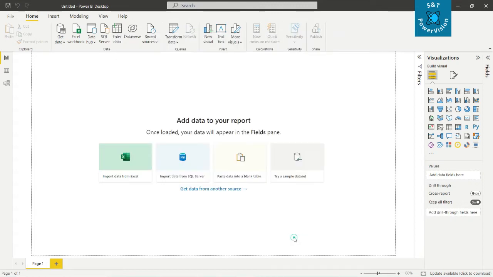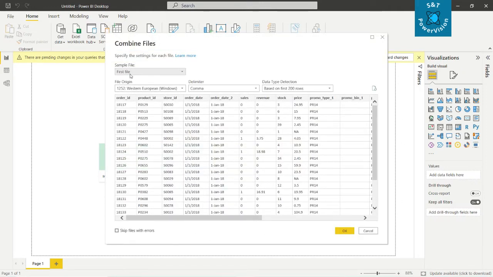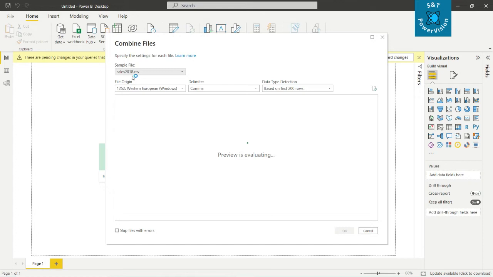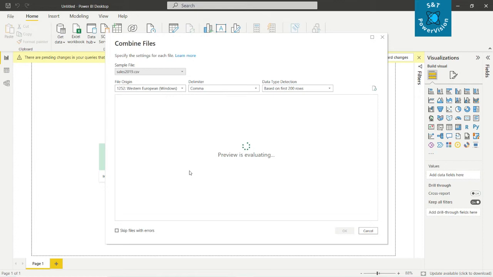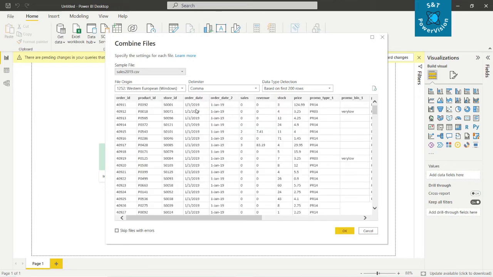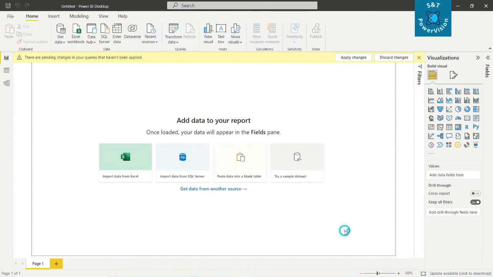Now, combine and transform. So we can see a sample file, the first file, 2018.csv, 2019.csv. If you select 2018, we can see its preview here. If you select 2019, we can see it here. Now, if you click on OK,